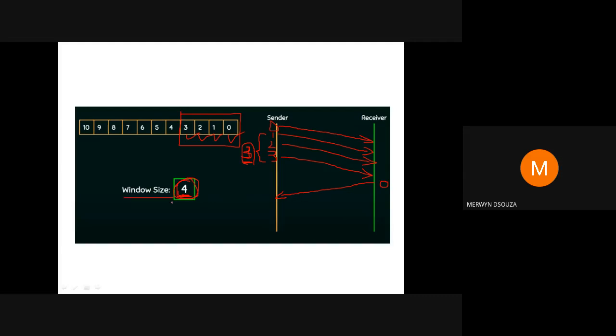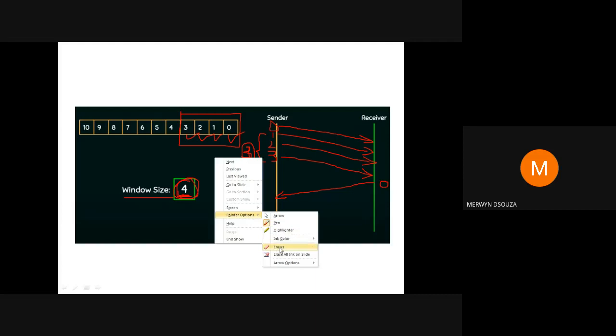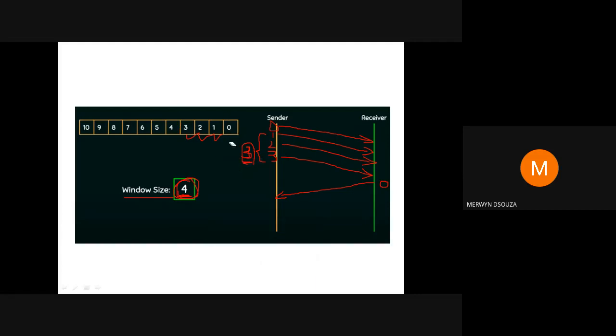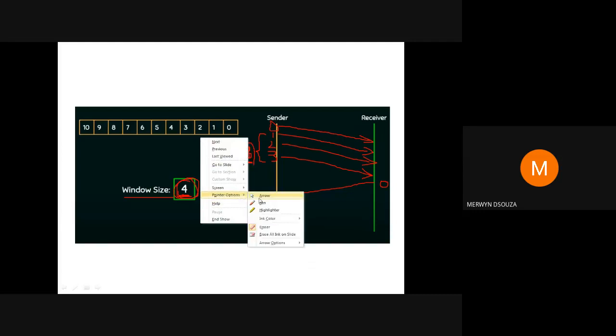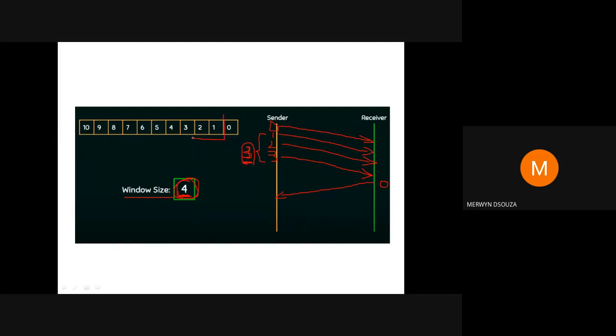its transmission. Since it has got the acknowledgement of packet 0, it will move this window ahead. Now it could send one more packet, that is packet 4. When it sends packet 4, how many packets is it waiting for acknowledgement? Packet 1, packet 2, packet 3, packet 4. So now it is waiting for 4 packets' acknowledgement, which is equal to the window size. So now it has to stop the transmission.